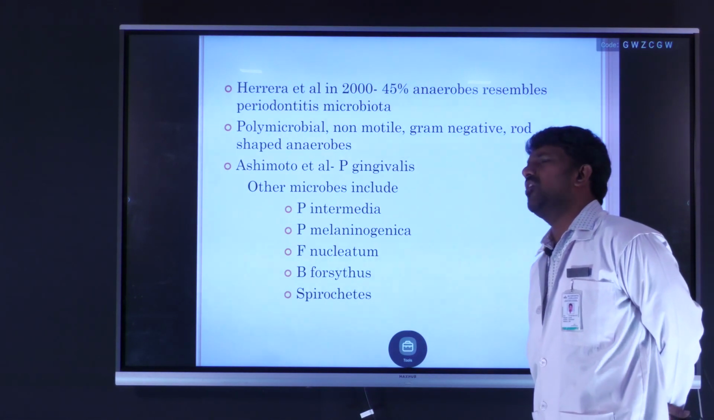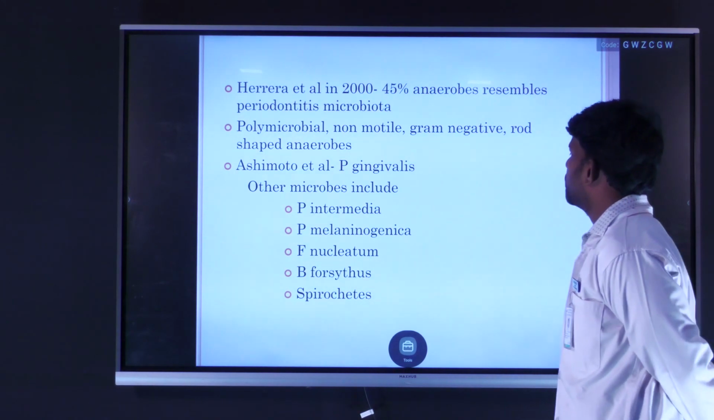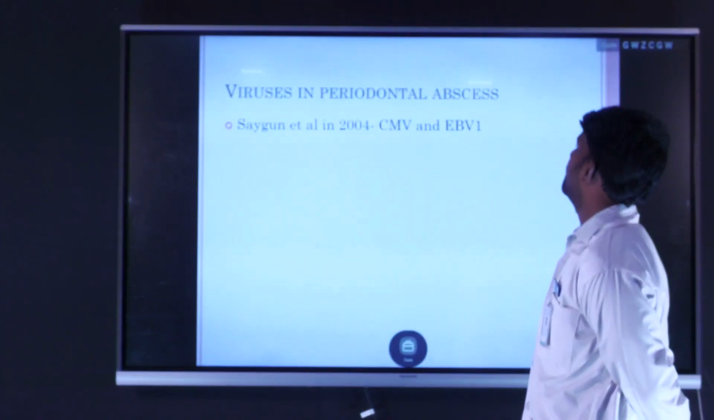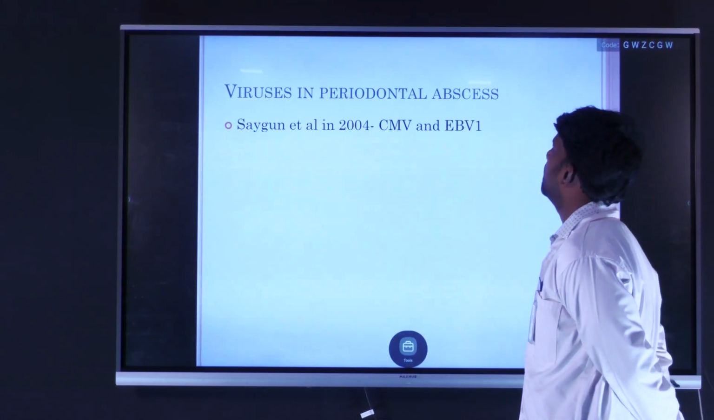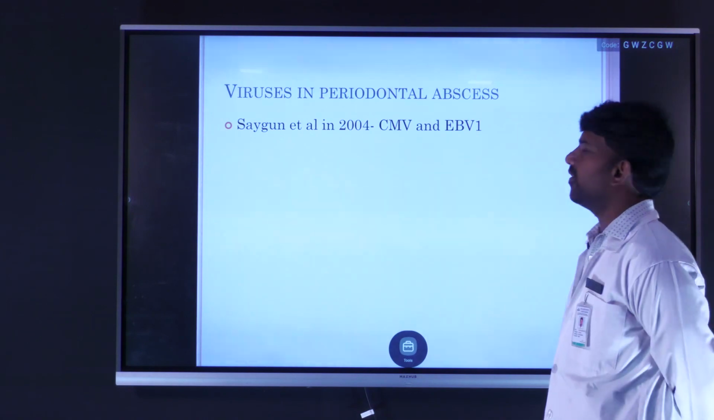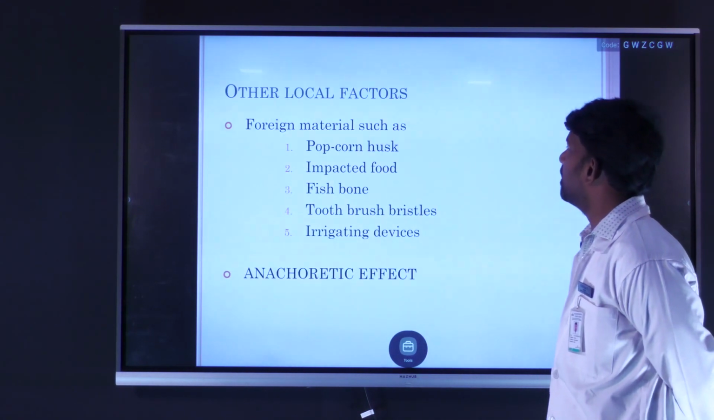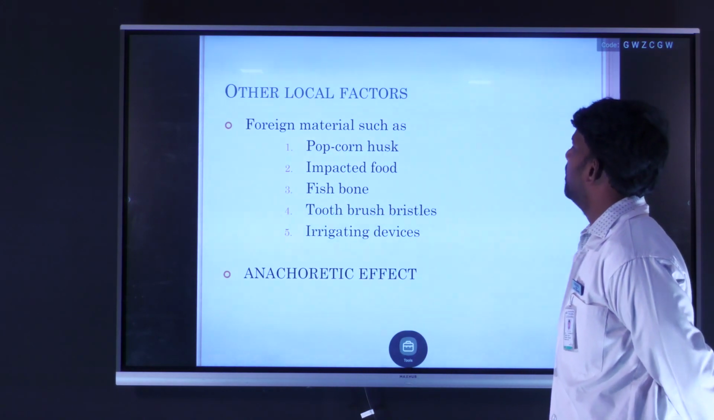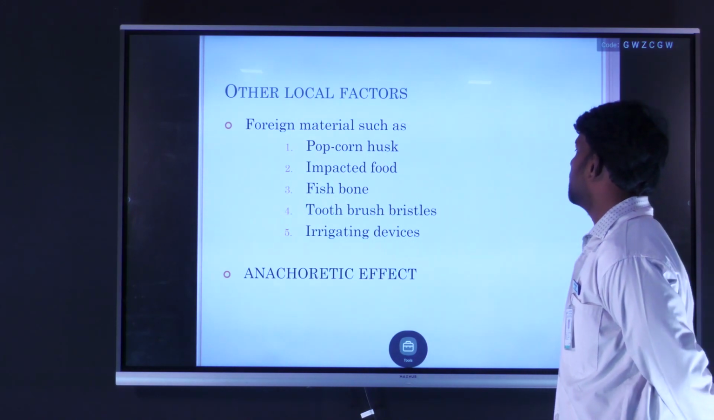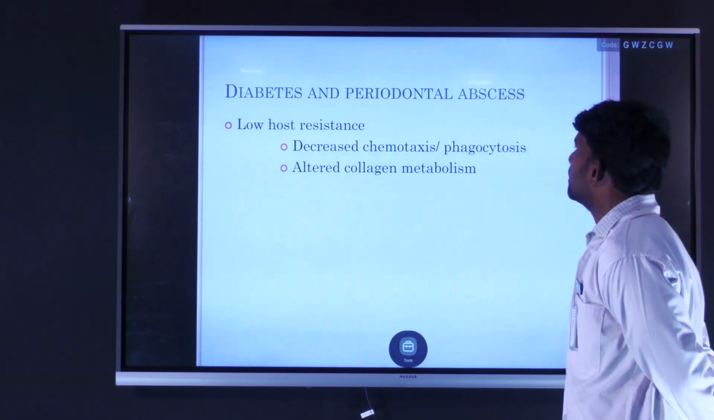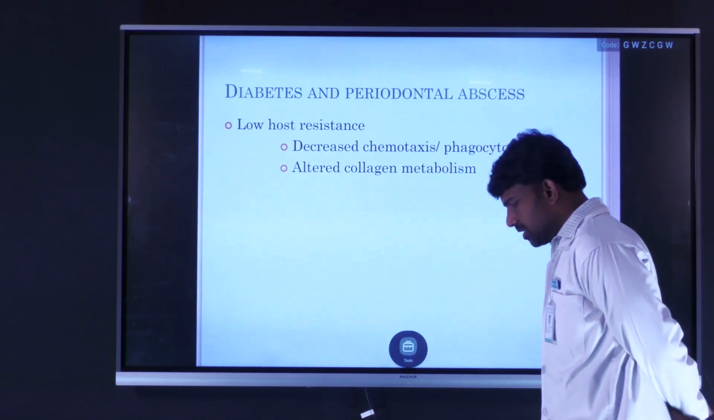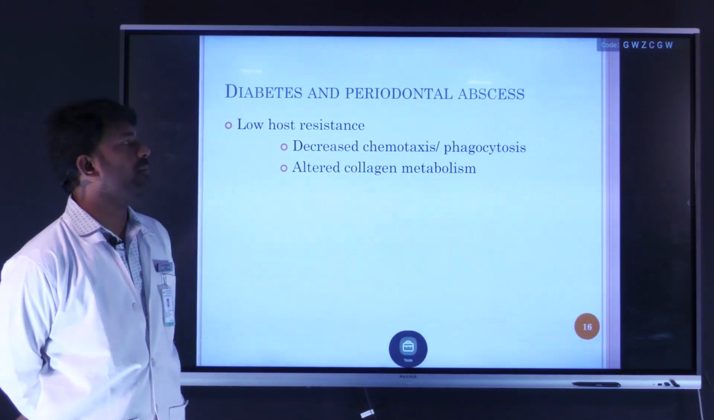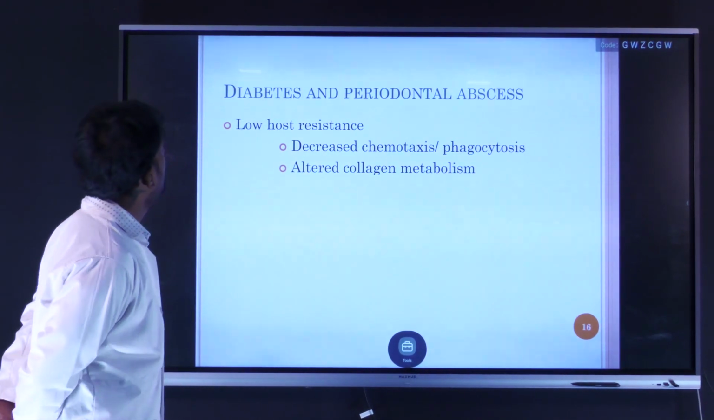reported other microbes along with the red complex, like Fusobacterium nucleatum, present along with the spirochetes. There are also viruses seen, like cytomegalovirus and Epstein-Barr virus. Other local factors are popcorn husk, impacted food, fish bone, toothbrush bristles, and irrigating devices. As diabetes is a 6th complication of periodontitis, it can also lead to multiple periodontal abscesses, where the reason can be decreased chemotaxis or altered